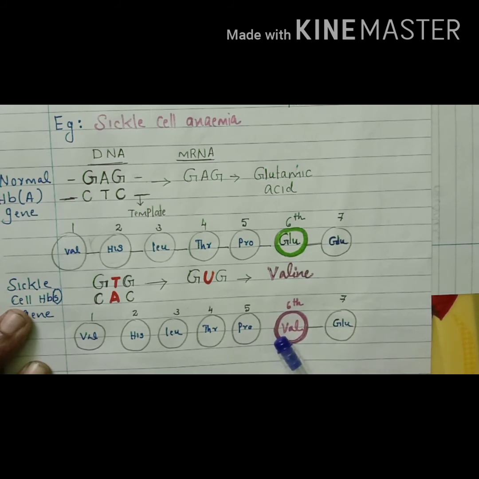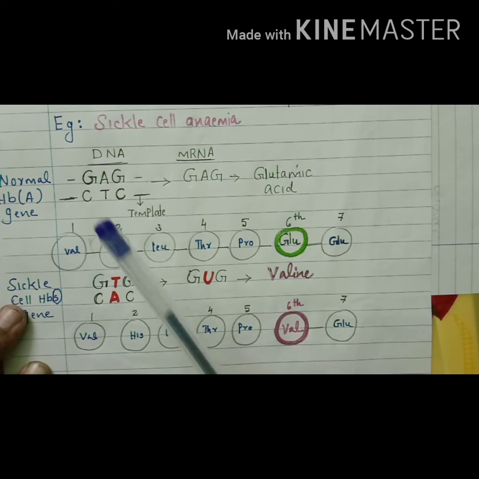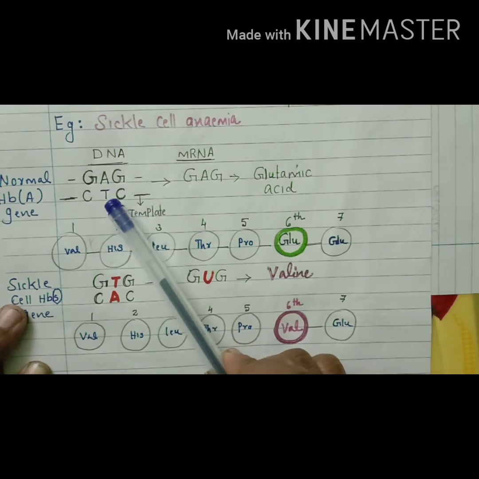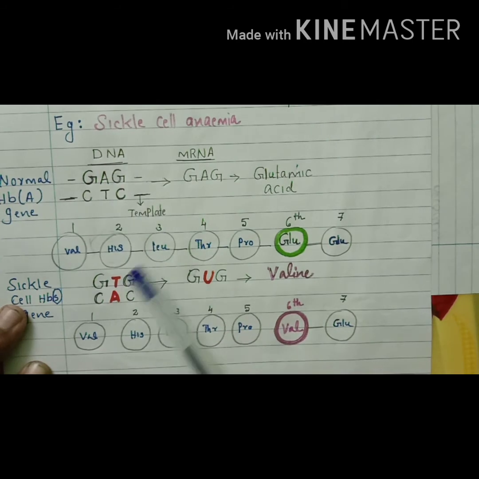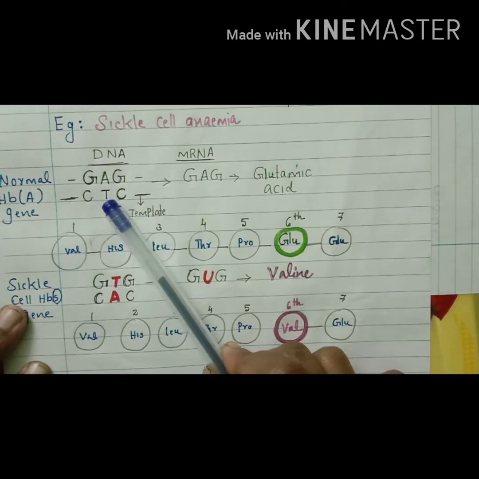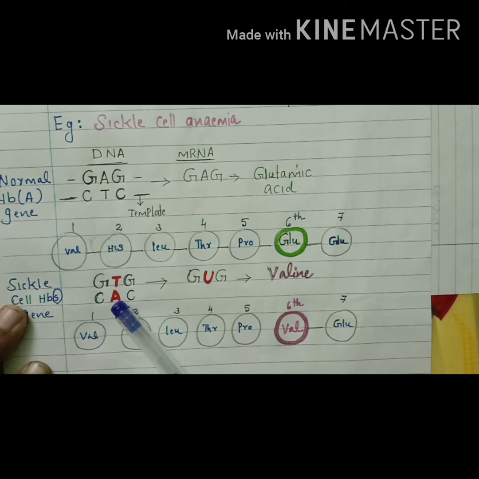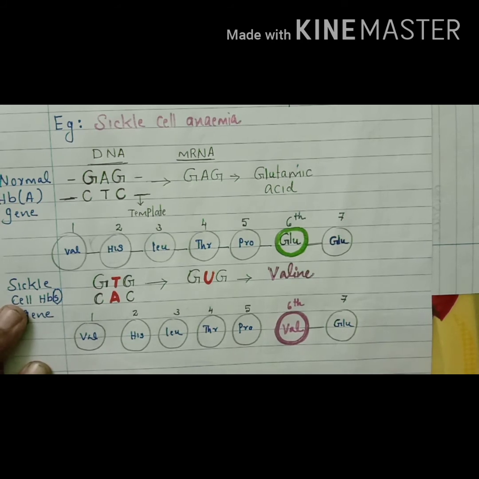You have studied that. So that is about sickle cell anemia. In sickle cell anemic persons, one base pair is substituted by another one. Instead of adenine we can see thymine, so naturally on the opposite strand, instead of thymine we can see adenine. This type of mutation is called a point mutation, that is, a mutation occurring at a point by the substitution of another base pair.